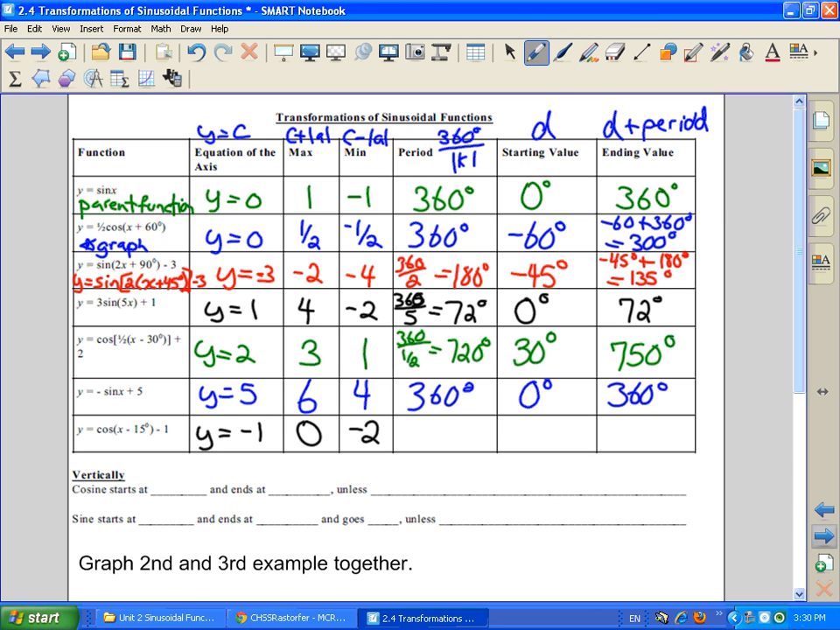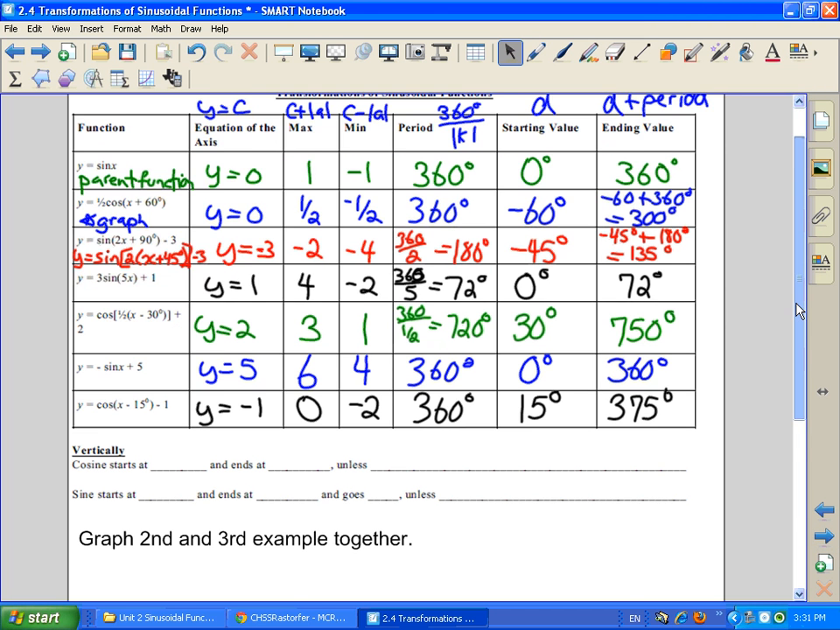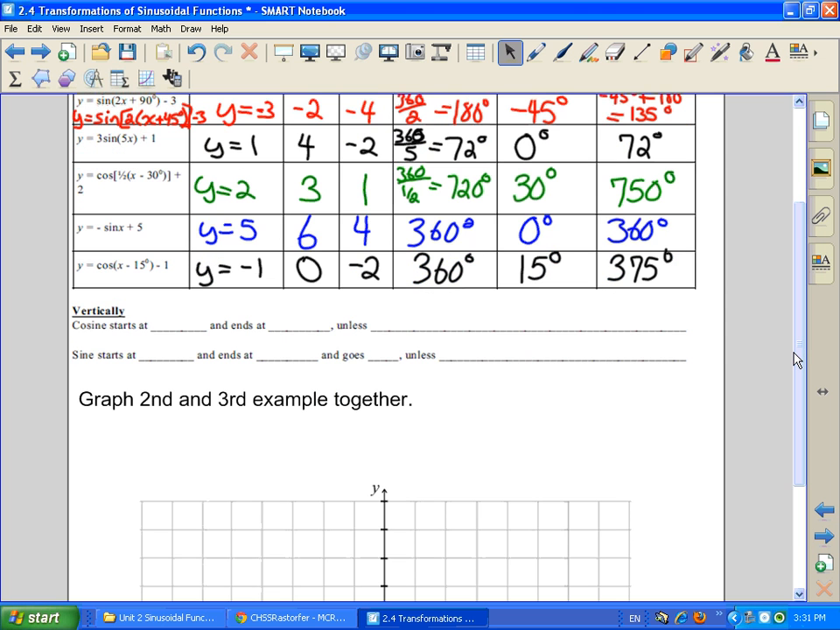Looking at our K value, K is 1, so that means this is 360 degrees. Taking a look at our D value, that's 15 degrees. Adding those two together to get your end value is going to be 375 degrees. All right, so just remember, guys, that when we take a look at drawing our graphs, remember,